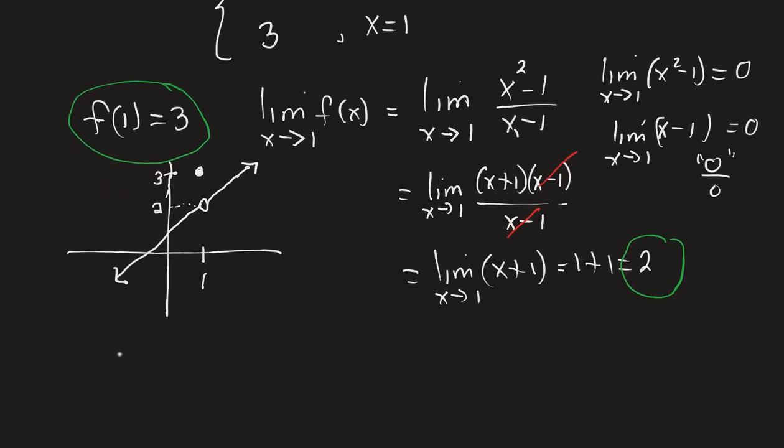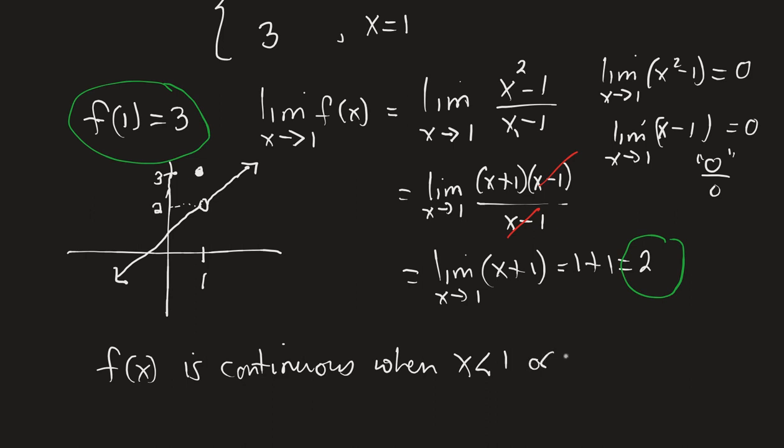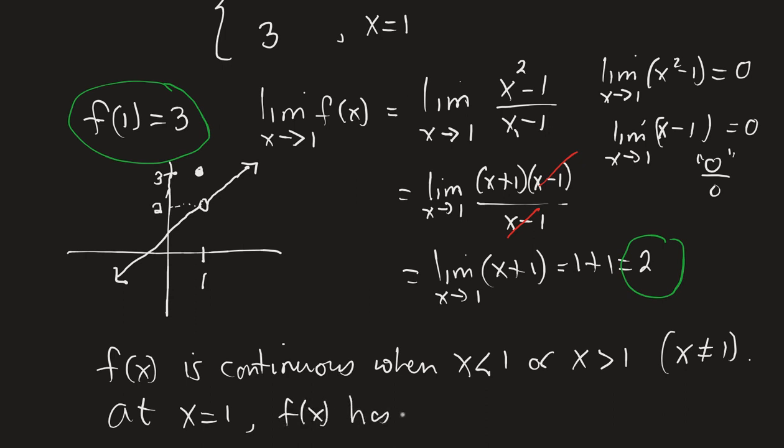So let's say that. So again, answering the two questions, this function is continuous when x is less than 1 or when x is greater than 1, which again you could simply state as when x is not equal to 1. Well, what happens at 1? Well, we figured that out, that at x equals 1, f of x has a removable discontinuity,